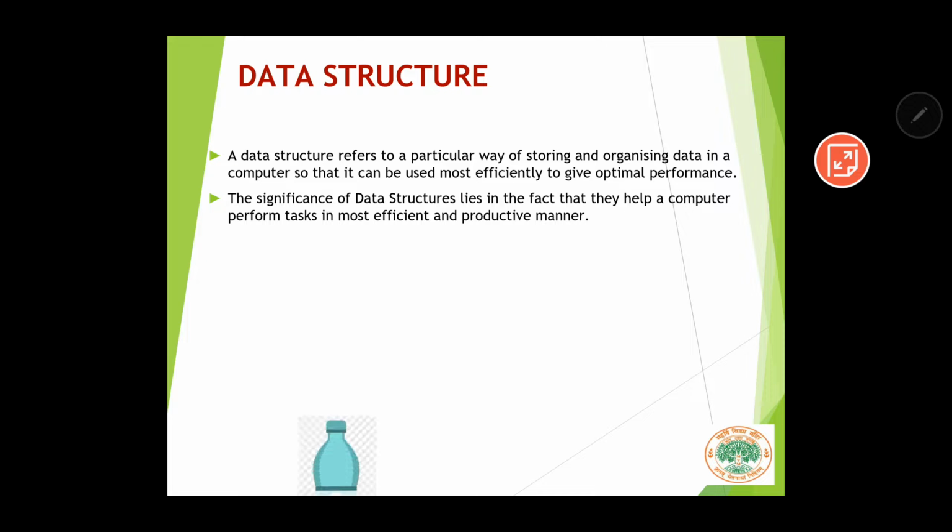Let's try to understand it with the help of an example. What is this? This is just a water bottle. What is the purpose of this water bottle? The purpose of this water bottle is to store liquids. Can we store some biscuits and all? Yes, we can store them by breaking and doing certain modifications, but that will not be the most efficient way